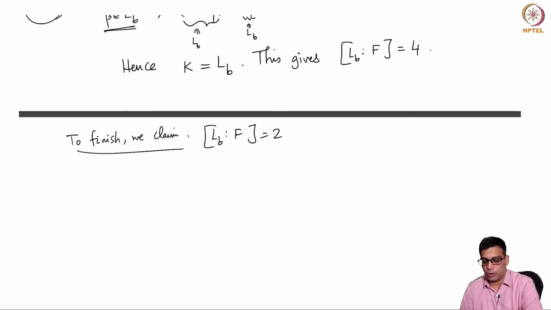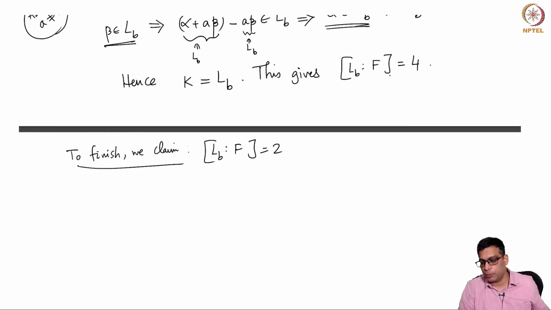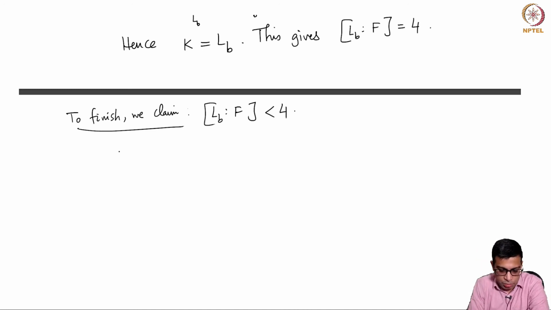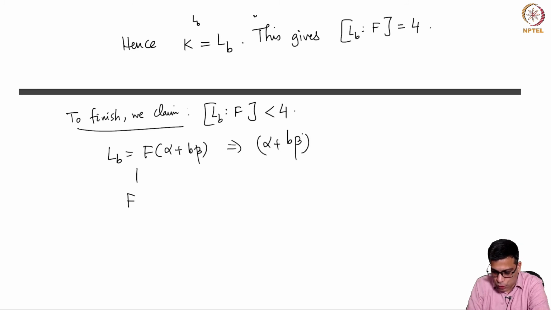If [L_B : F] is 2, it will not be 4, okay? So basically what I want to claim is this is less than 4. Why is this? Recall L_B is F(a alpha + b beta), this is very easy. But what is (a alpha + b beta) whole square? This is equal to alpha square plus 2